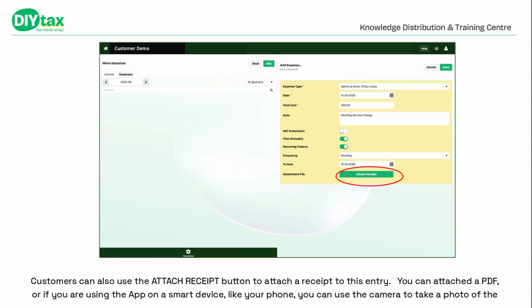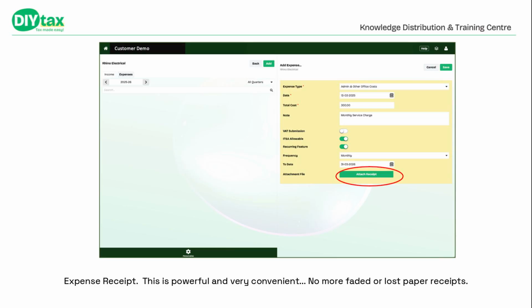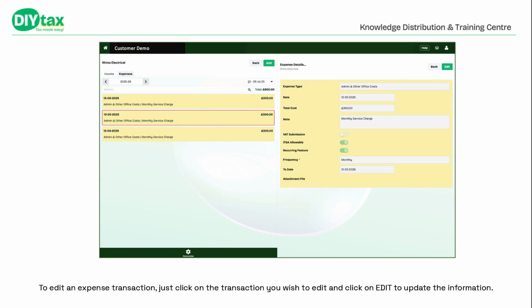Customers can also use the Attach Receipt button to attach a receipt to this entry. You can attach a PDF, or if you are using the app on a smart device, like your phone, you can use the camera to take a photo of the expense receipt. This is powerful and very convenient. No more faded or lost paper receipts. To edit an expense transaction, just click on the transaction you wish to edit and click on Edit to update